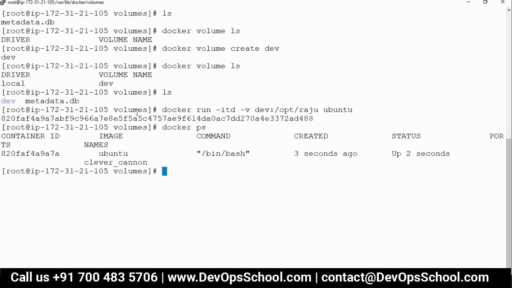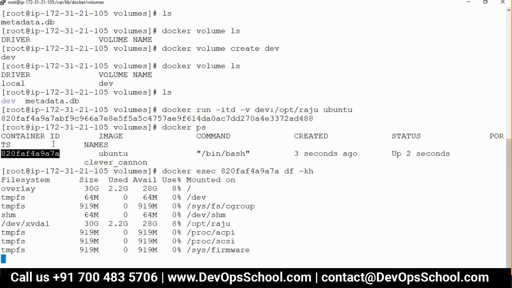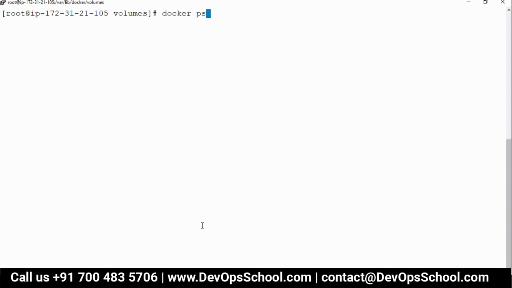Can I check whether the volume got attached or not? So docker exec container ID df -kh. See here, this is the container. Now, anything you store in the container, let's touch this path, Ramu Kaka .txt.